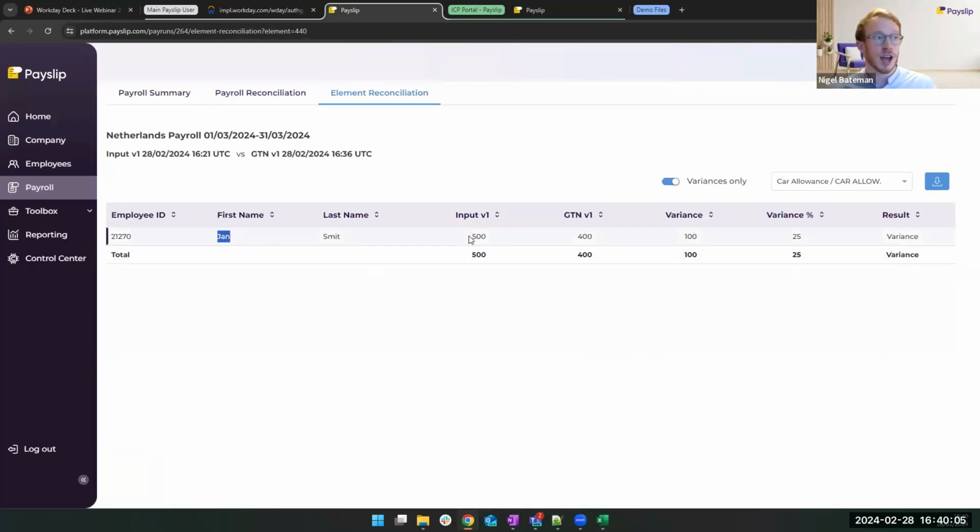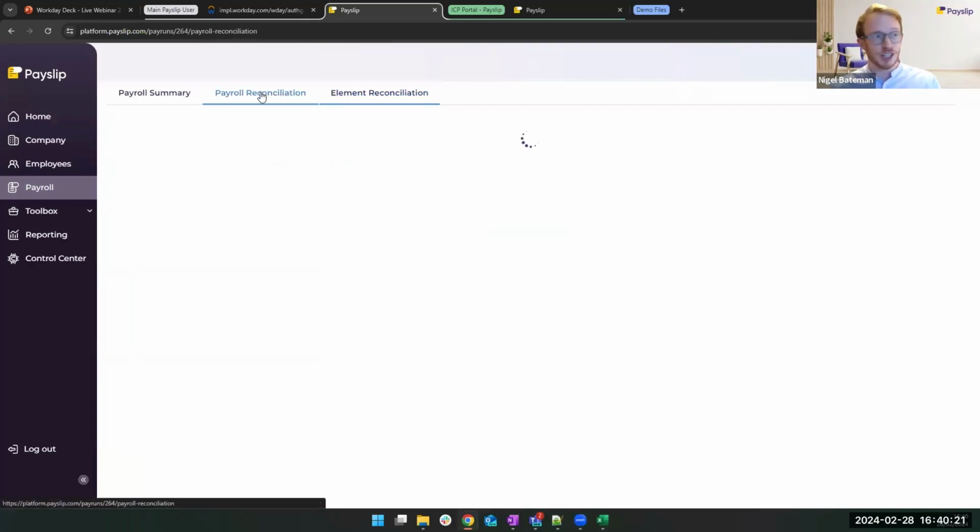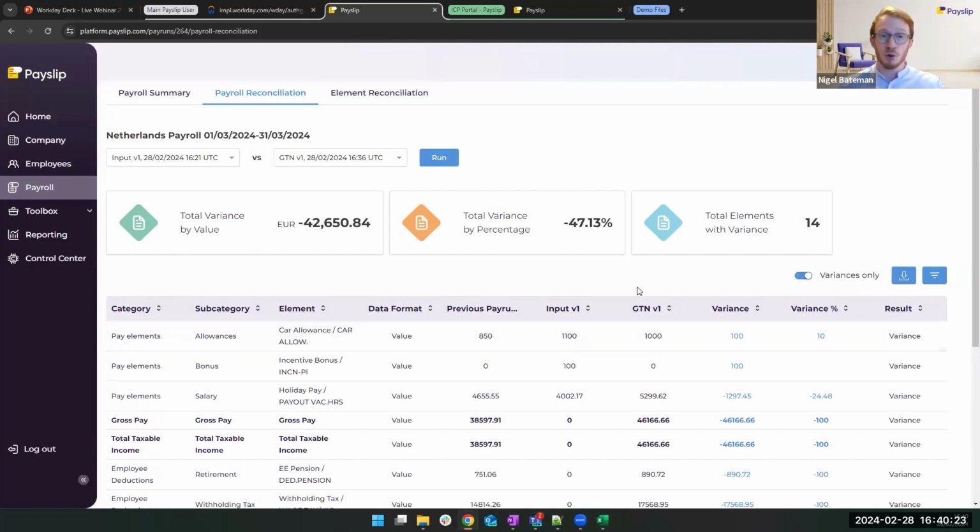And I will see here that Jan was supposed to get 500 quid in her car allowances. She's only getting 400. So I know that her calculations are going to be off. The taxes are going to be wrong because they've used the wrong input. This is where in the demo, I would show you how a reversion works. I would say, I'm not happy with Jan's calculation. You've used the wrong amount. This is your fault. Please correct it and provide, in this case, version 3 of the input of the gross